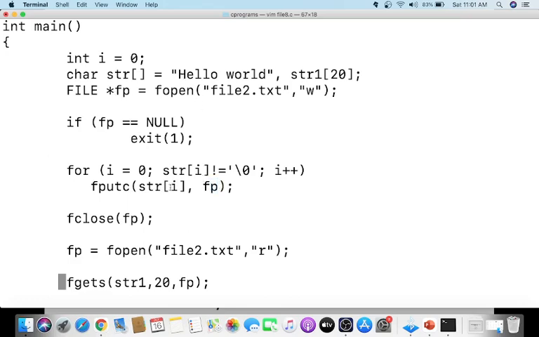So when h is read, H will be written to the file pointer. After that, the file pointer will be advanced to the next position or the next character. Then again E will be read, E will be written there, to fp. Like that it will be repeating, till it reaches the last character, that is slash 0. So when it reaches slash 0, it will stop executing, it will come out, fclose will be performed,